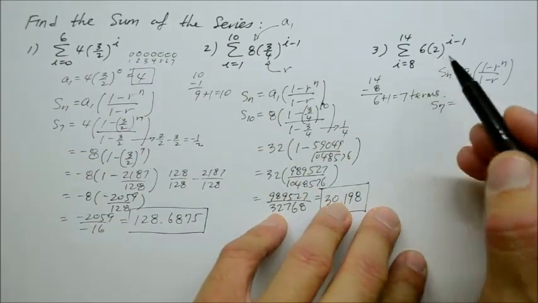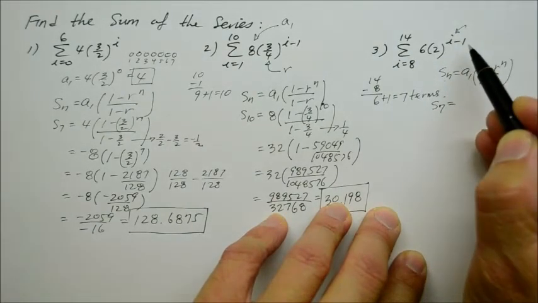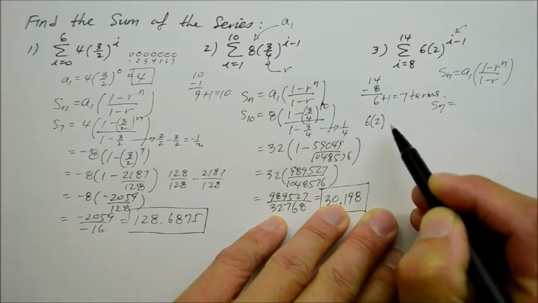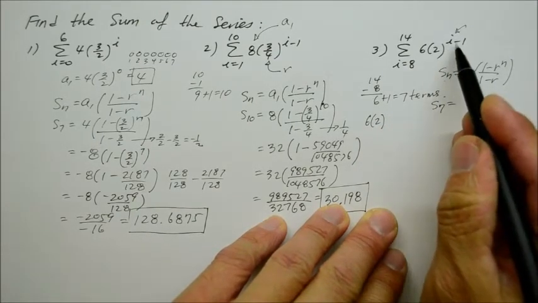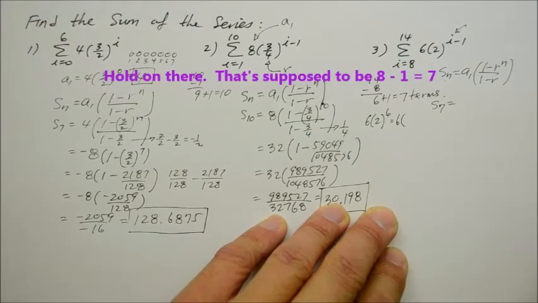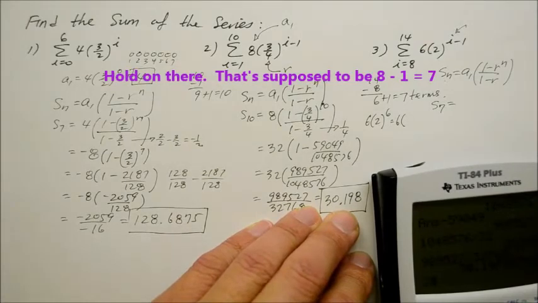What you have to do is actually put that 8 and substitute it into that i. So what you get is 6 times 2 raised to 7 minus 1, which is 6. And so that's like saying 6 times 2 raised to 6 power, that's going to be